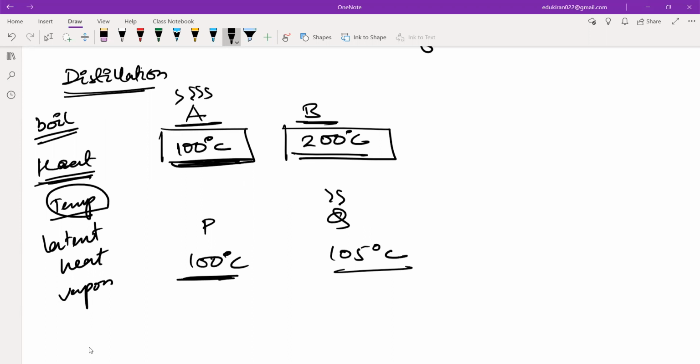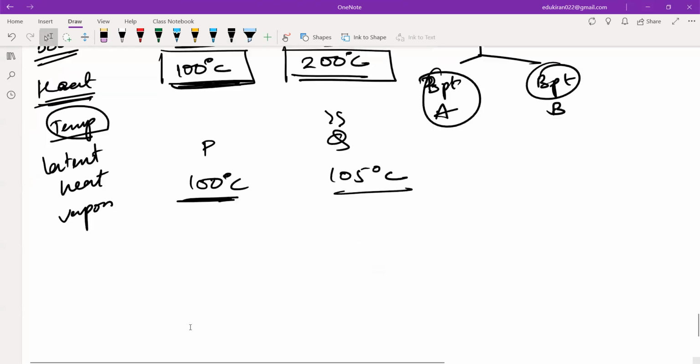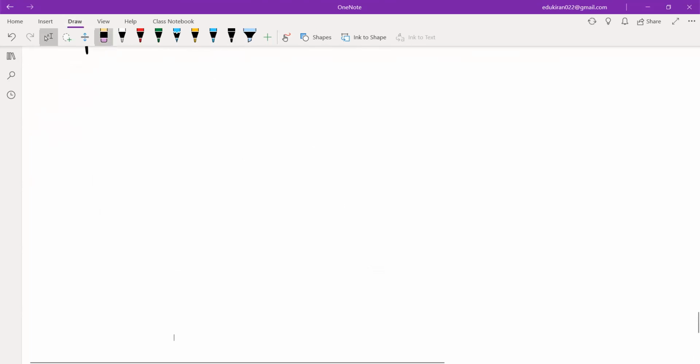So the basic point is, whenever we want to distill something, the mixture should have a boiling point of A and a boiling point of B. That means there should be at least two boiling points, for component A and component B. But if I look at the case of acetone and chloroform,